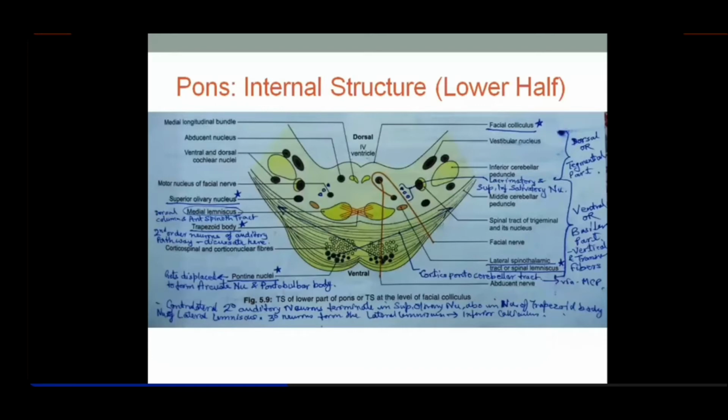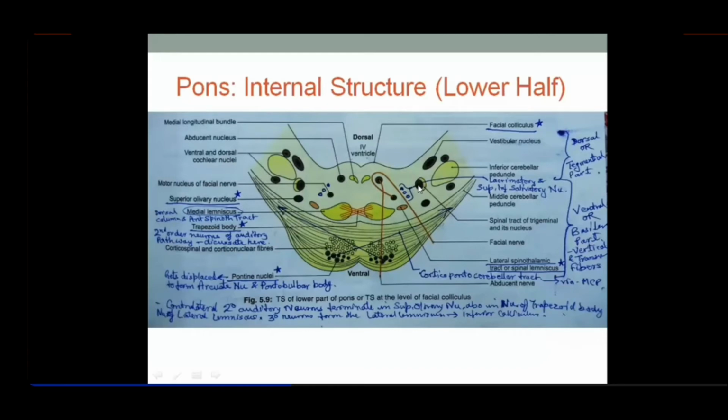So, the main or chief sensory nucleus of the trigeminal lies at the upper pons. From there, the mesencephalic extends into the midbrain, while the spinal nucleus of trigeminal extends down into the spinal cord. At this level, because it's a lower section of the pons, you find the spinal nucleus of the trigeminal, and adjacent to it will be the tract of fibers, the spinal tract of the trigeminal nerve as well as its nucleus. So this is the general somatic afferent functional column.